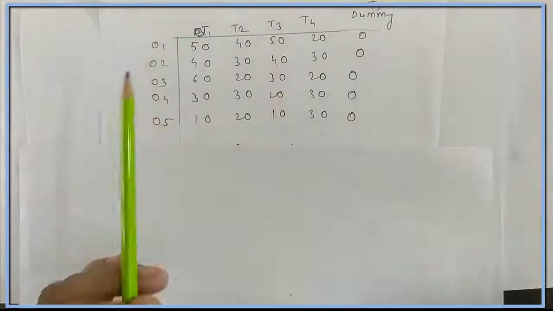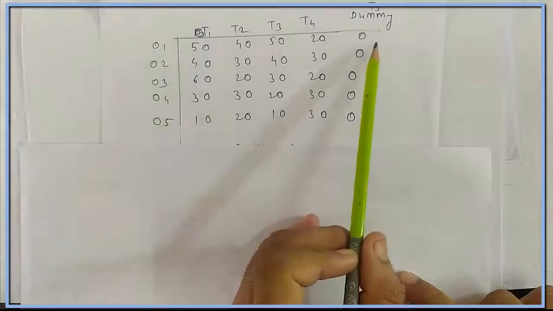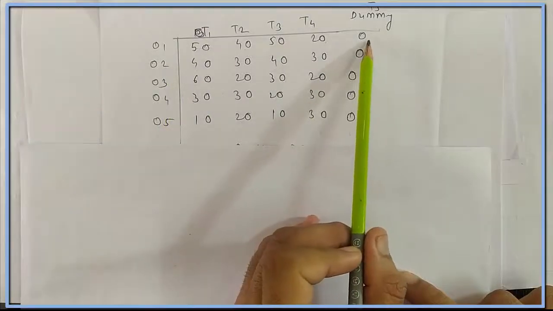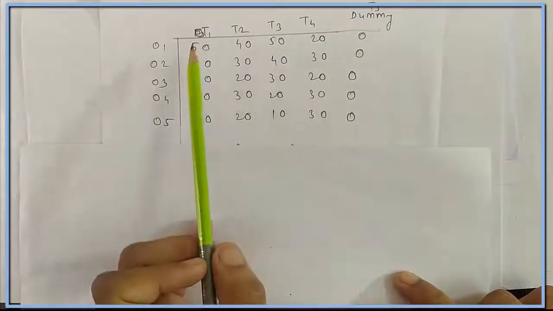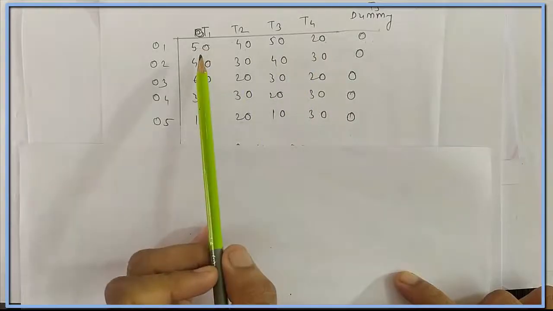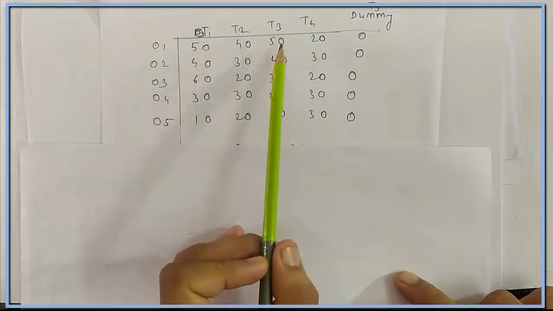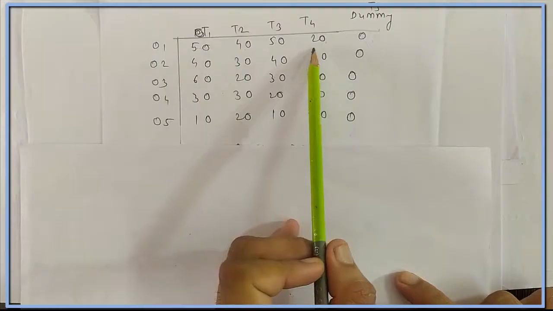Now we will follow our routine process of the assignment problem. Step 1 row reduction, step 2 column reduction, and then draw the number of lines to cover all the 0. First step is the row reduction. In the row reduction, identify the smallest element and subtract that smallest element from the elements of the row. 50 minus 0, 40 minus 0, 50 minus 0 and 20 minus 0. We will get the same row.